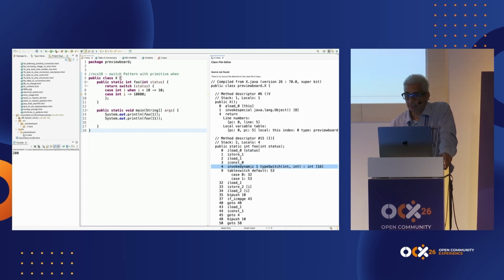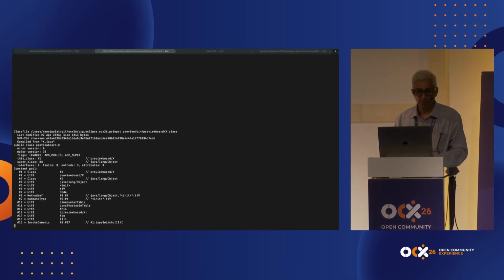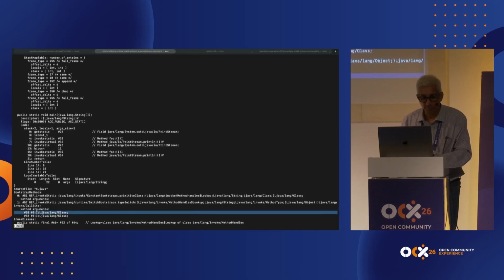Invoke dynamic, it's an integer, and then this type switch is capable of only telling whether it is an integer or not, because if you look at what we are passing, the class of this data type. So here we are passing the class of the data type to the